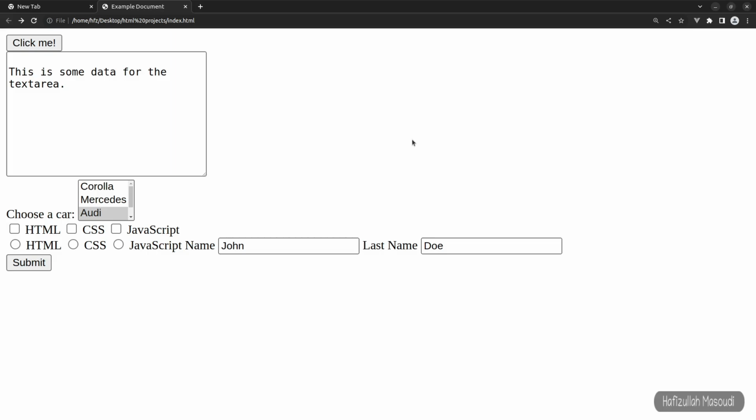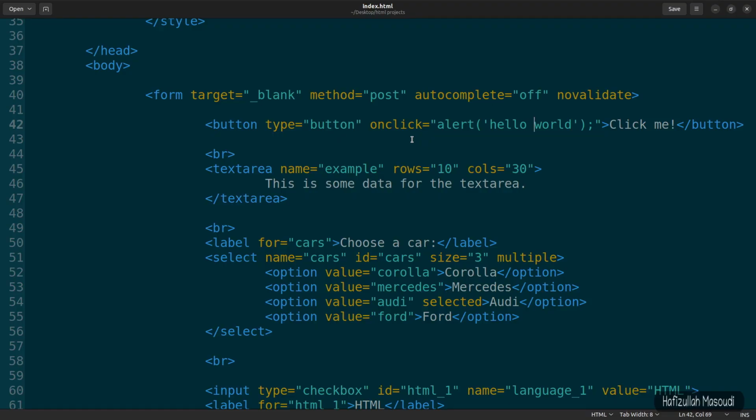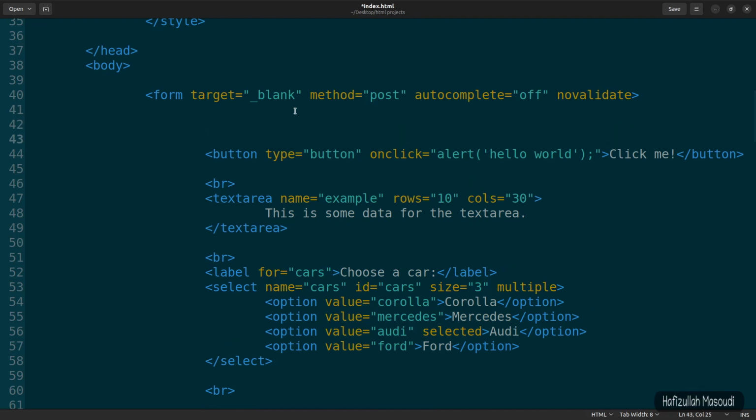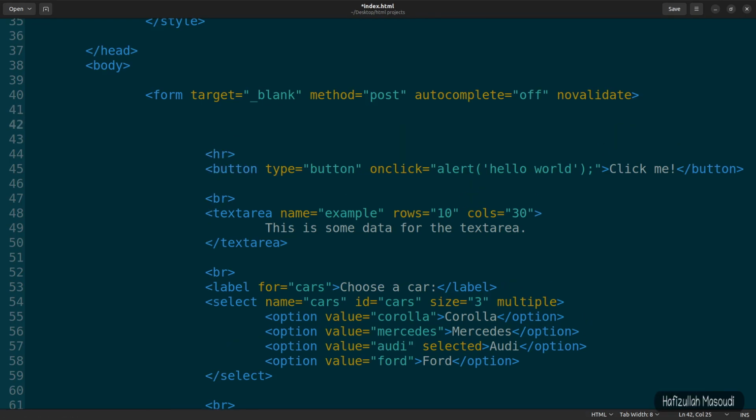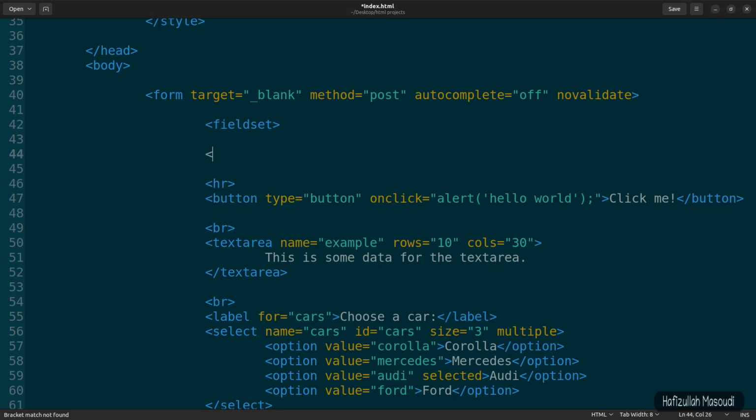Now next up what we have is the fieldset and legend elements. So to show you this one, let's get back to the text editor, and what I will do is put an HR here, and let's create first of all the fieldset element. So fieldset, and let's close this tag, so fieldset. And inside here what we have first of all is for example the legend itself. So let's say legend, and then close it. Well, I will explain everything in a moment. First of all, I will write the code. So let's say personal information,